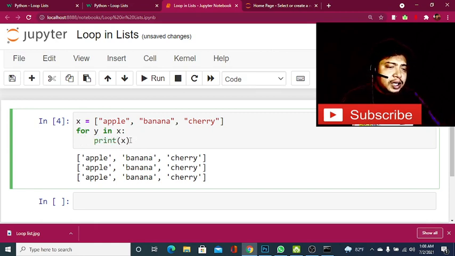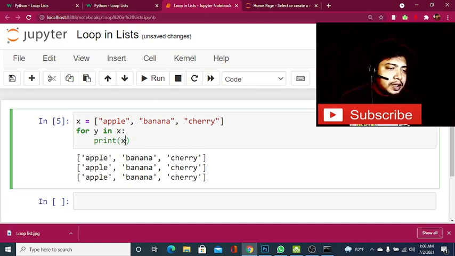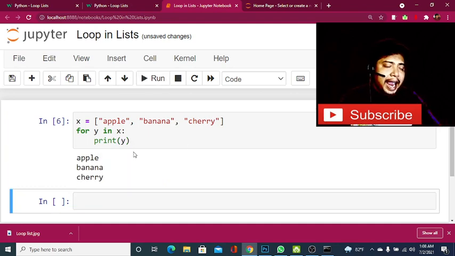So actually this is the main reason to run a loop. Oh, sorry, I made a mistake, that is my bad. Initially a loop will run through the first element, then the second element, then the third element.